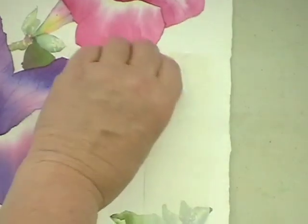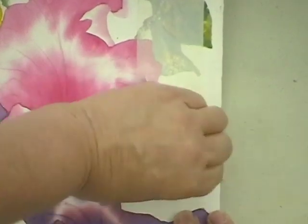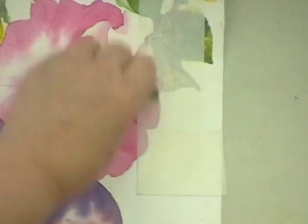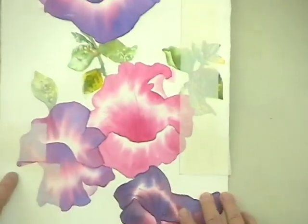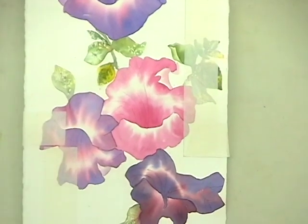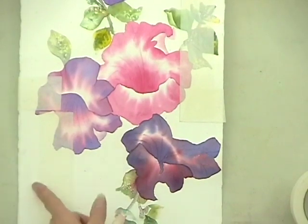Don't forget the burnishing. The burnishing, extremely important. Burnish also where the tape overlaps each other. And don't think that you're going to be protecting the edge by, say, putting a second piece of tape here. What will happen is, I guarantee, the moisture and the color is going to go in here and create